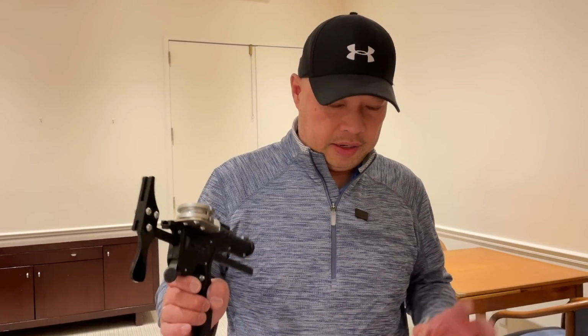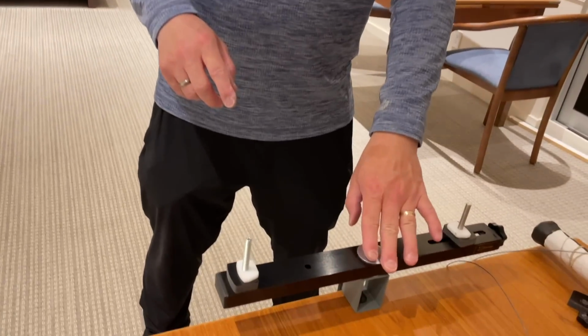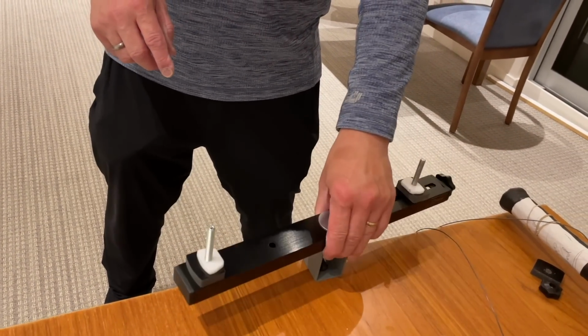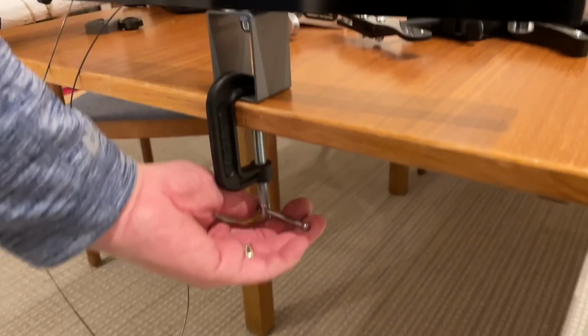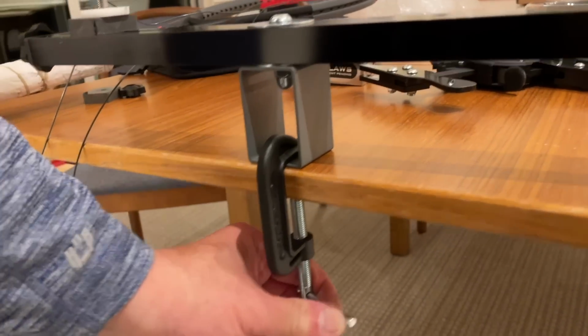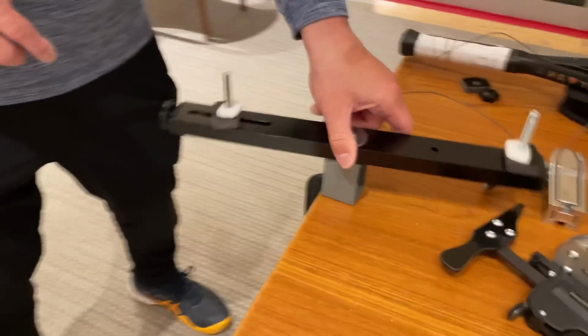All right, guys. So I am set up to string a racket with this EasyStringer now. So I got the caulk gun here ready to go. I'll show you why I call it the caulk gun when I get going here. But I want to give you a few tips when you're using this thing. First of all, make sure this thing is on a sturdy table and that you put it nice and tight on the table with this thing. You don't want this thing moving around at all when you're going, because this has to turn the racket,